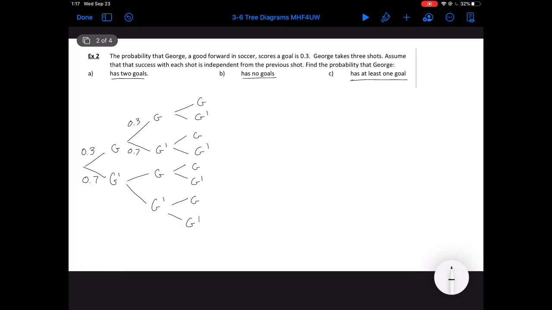Okay. So now that we have all that information, we know that our probabilities are the same all the way through, they're not affected. So we can fill those in too to make it a little bit easier as we go through. 0.3 and 0.7. Okay, so now